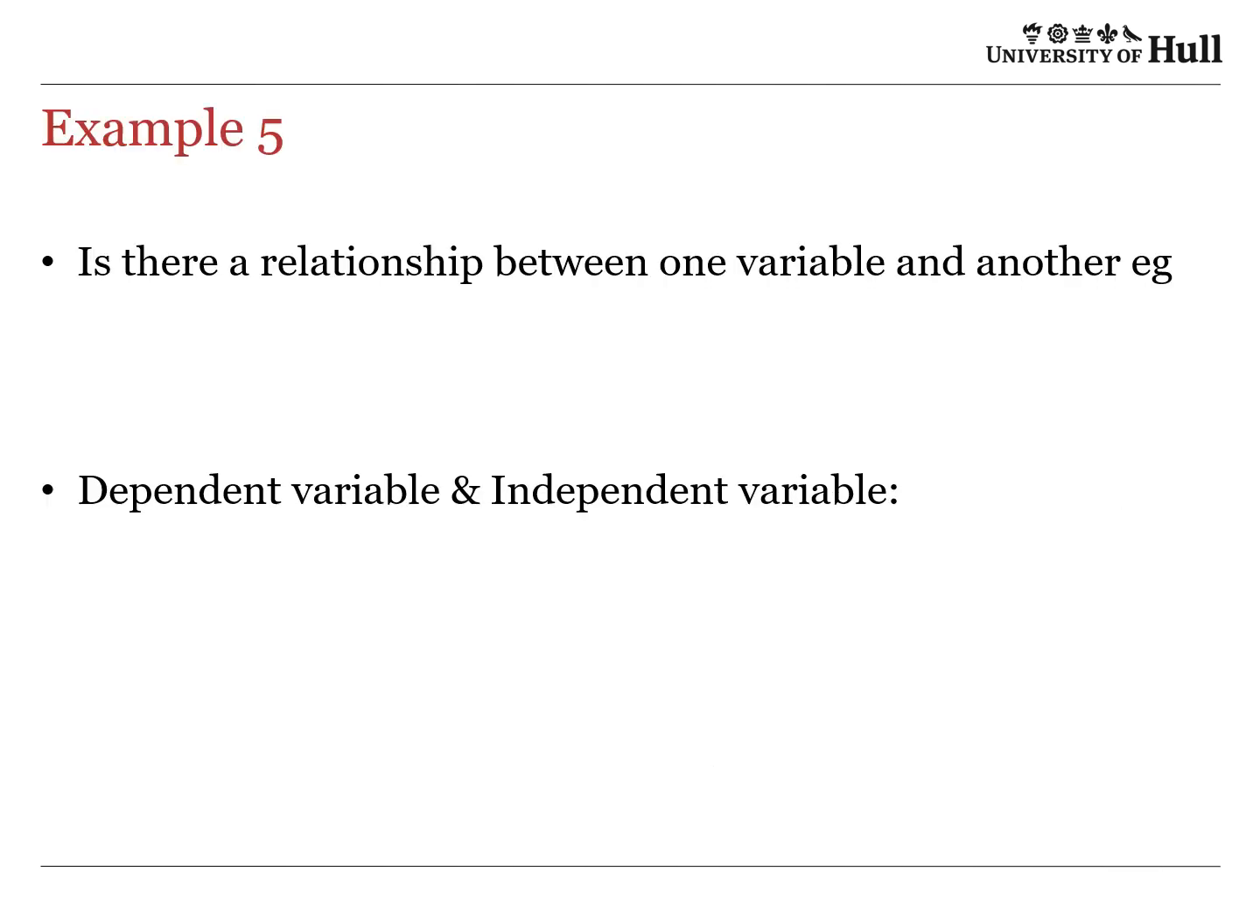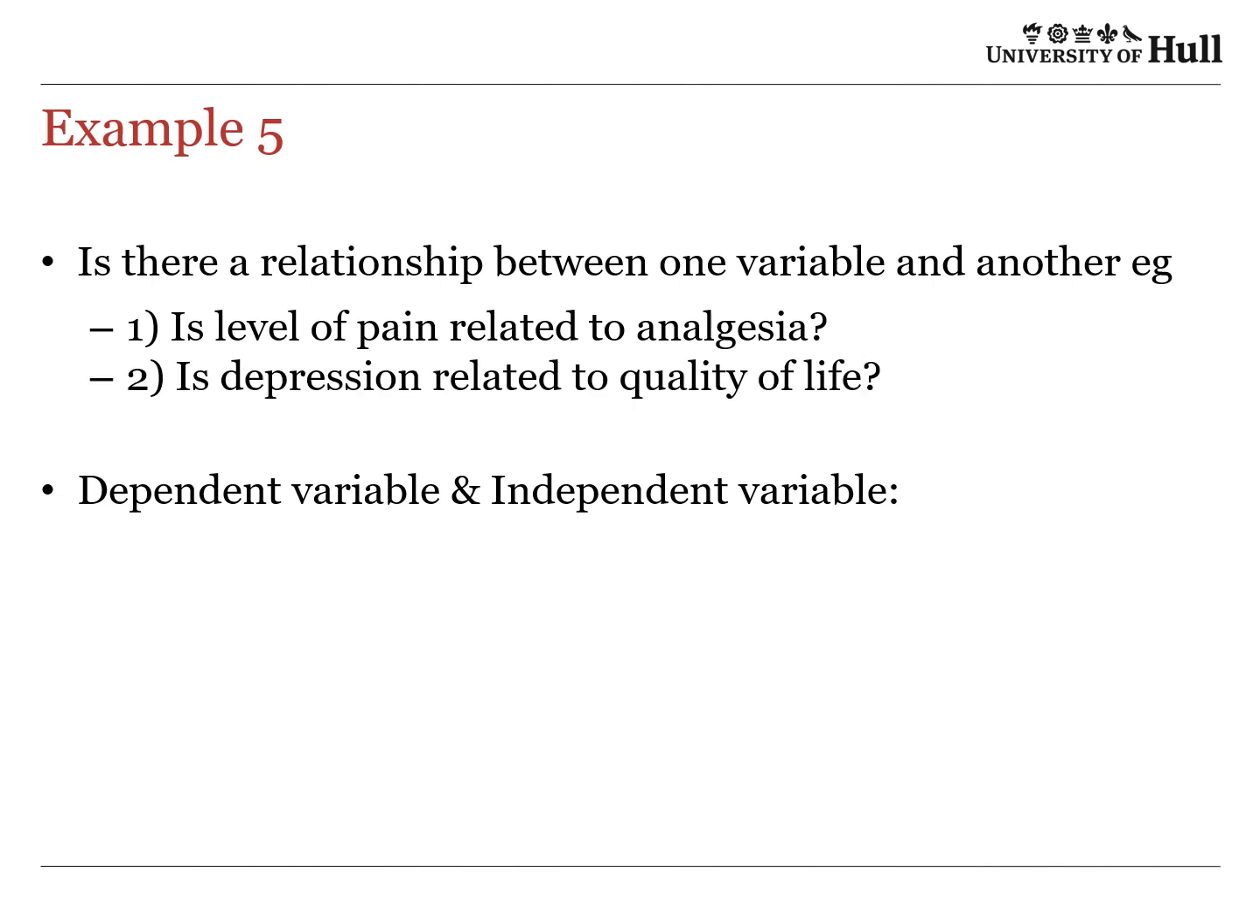Now example 5: is there a relationship between one variable and another? For example, is level of pain related to analgesia, in other words to the amount of analgesia, and is depression related to quality of life, if you measure them both on some sort of measures for depression and quality of life respectively. Now, the dependent and independent variable is not always easy to identify or even necessarily sensible to identify